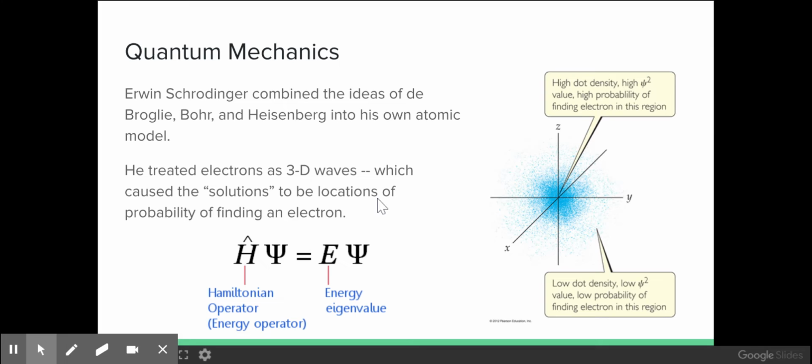The solutions to Schrödinger's equation are actually three-dimensional, kind of like 2 + 2 = 4. Well, the answers that came out of Schrödinger's equation for the wave behavior of electrons gave us weird shapes based on electron probability, electron clouds. That's really the most accurate model of what an electron is. It's a standing wave that wraps around an atom three-dimensionally, and we don't know exactly where that electron is, but we have a threshold of 95% probability of where it is.